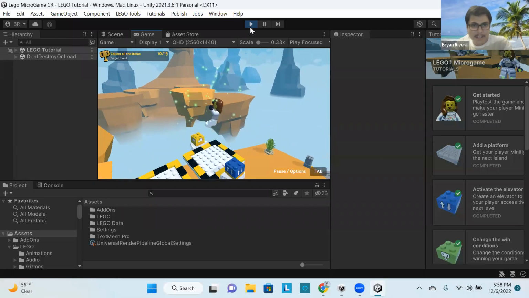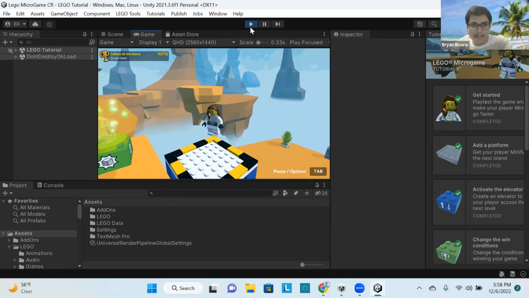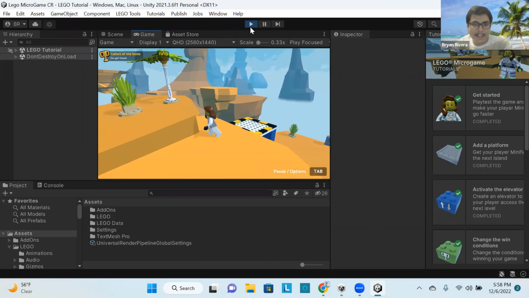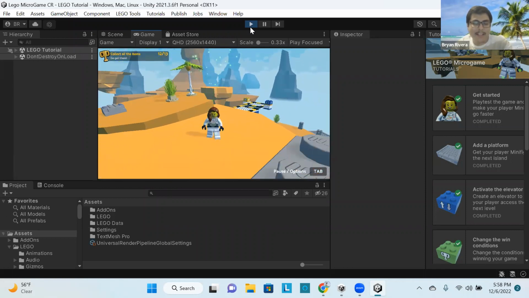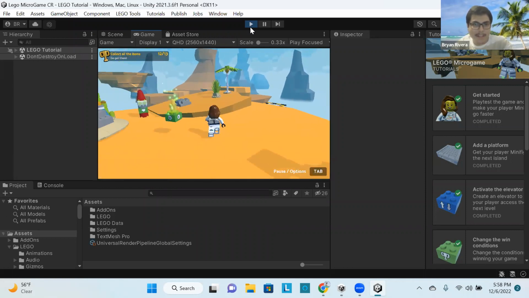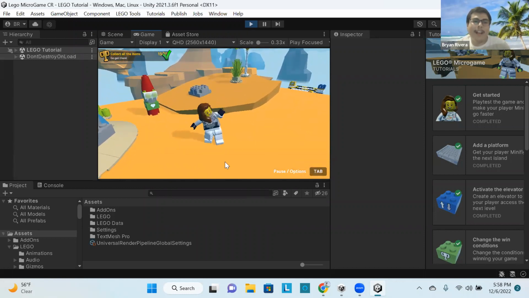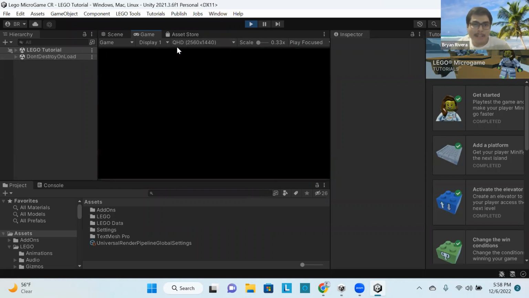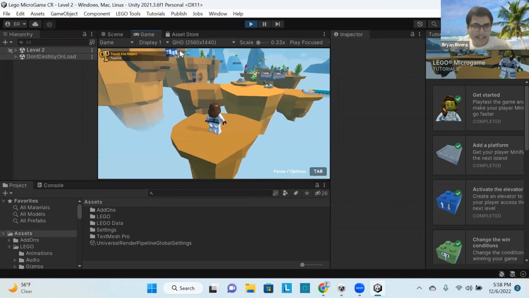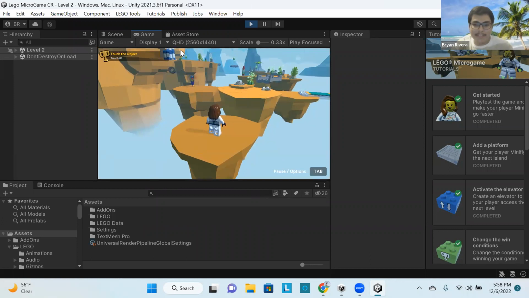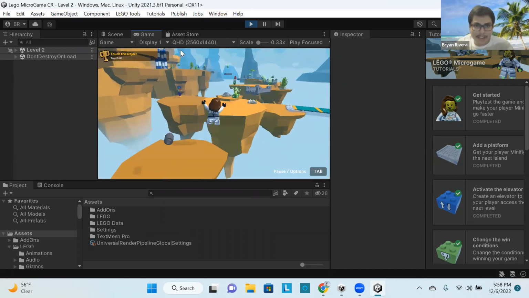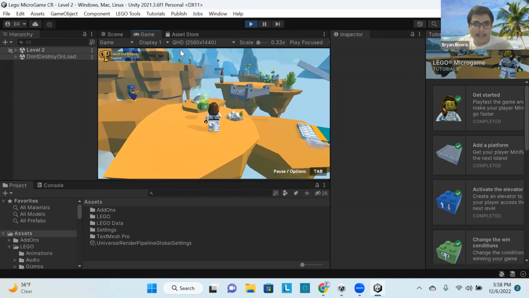So in this case, you can make the elevator constantly go up and down. In this case, I made it so that it only activates whenever I step on it. Yeah, you see, I've collected all 13 of the items on the level, and I've completed the level. And so now this is level 2, which again, is not part of the tutorial, but